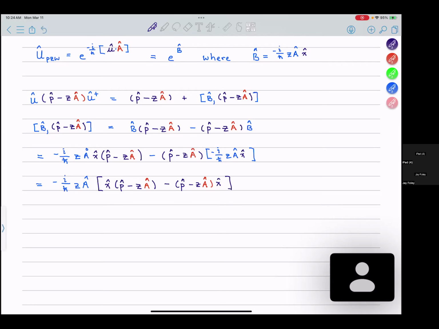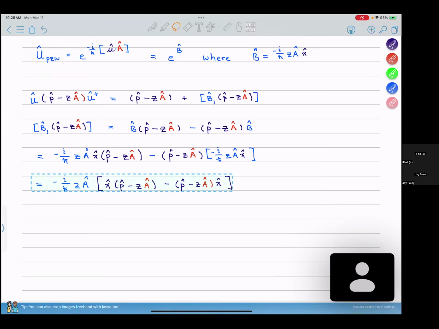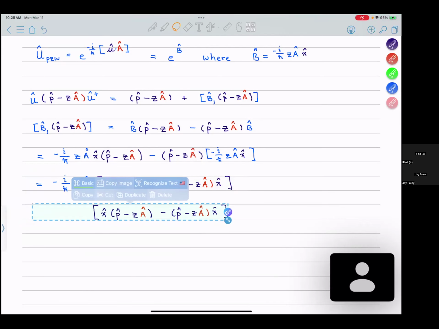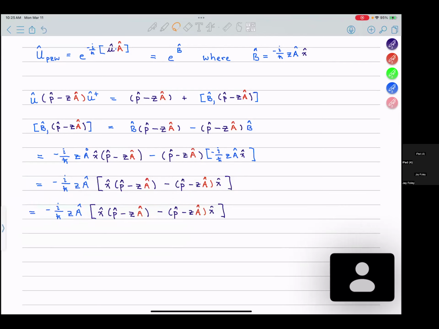All right. And so what I'll now do is distribute the x hat to both of these terms. So within these parentheses, I've got x hat p hat, minus z x hat a hat,